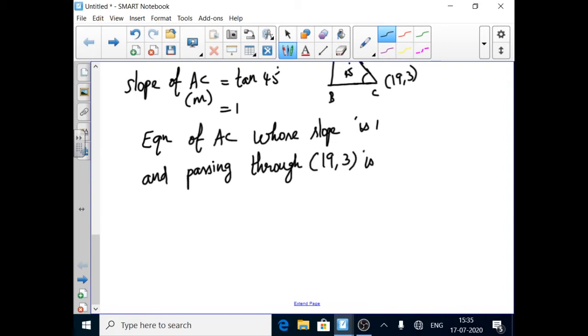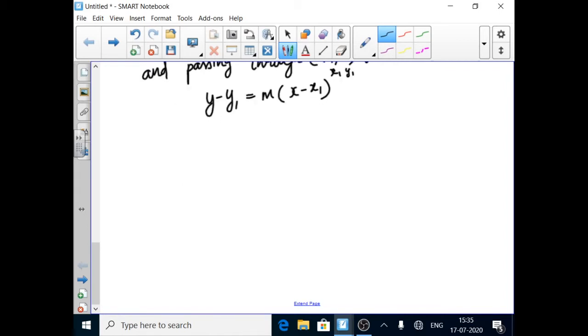So here, suppose we are having a slope and a point. To find the equation we should use the slope-point form, isn't it? What is the slope-point form? That is y minus y1 is equal to m into x minus x1. Okay. So here we are having x1 and y1. Always you consider x1, y1 or x2, y2 only. Don't substitute the value for x and y for this type of problem.